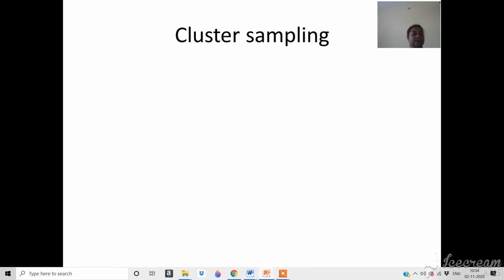The other one is multi-stage sampling or subsampling. Here the sampling is done by stage. So the difference between cluster and multi-stage, meaning two-stage and multi-stage: in cluster sampling one entire cluster is taken. From there we will go for the second stage. Whereas here, simple random sampling